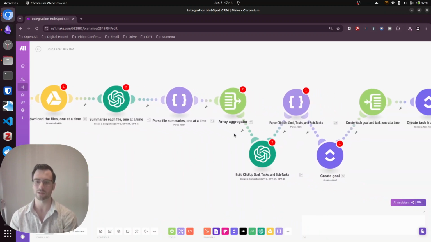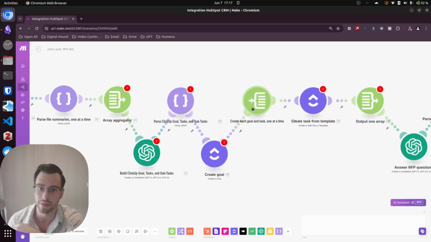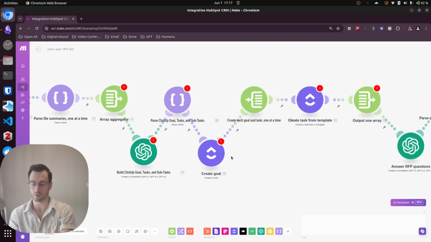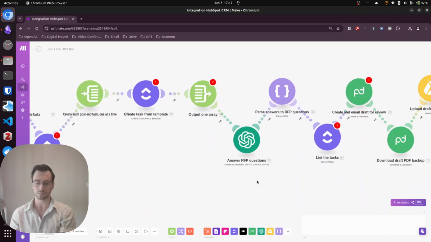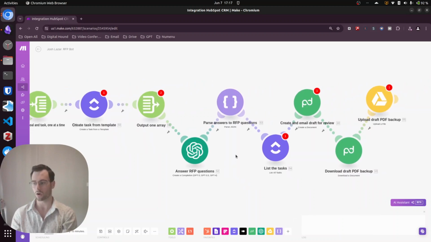Then we're going to use ChatGPT again to go through that information and aggregate it into one big summary. And all the critical information, we're going to build a ClickUp goal and tasks, no subtasks. We're going to parse that information again, and then create one goal, because we have one goal per each of these systems within ClickUp. Then for each of the tasks that ChatGPT recommended, we're going to create a new task from these templates, which we've already defined, and then we're going to use all of this information to answer all of the RFP